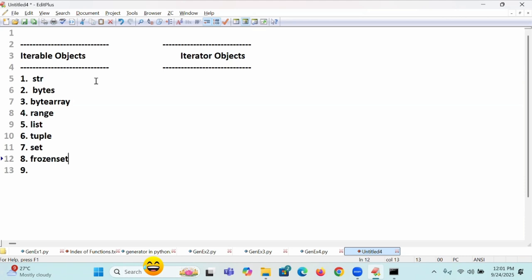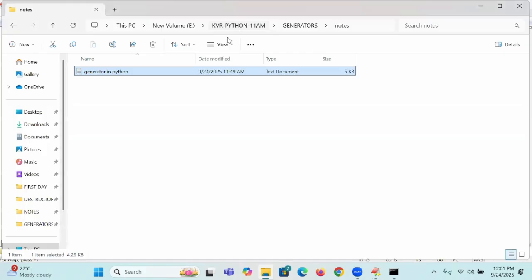Frozen set. Next, dict. These are called which objects? Iterable objects. I already wrote this in membership operators. Remember?